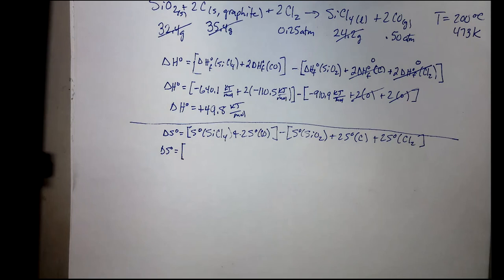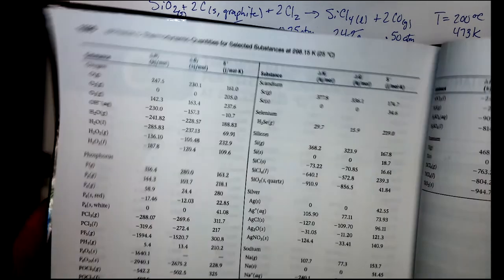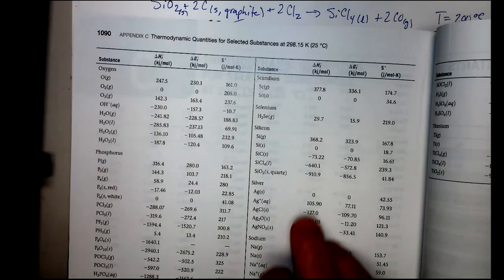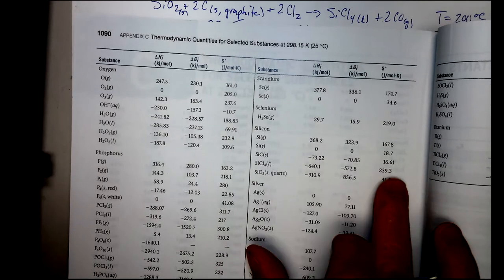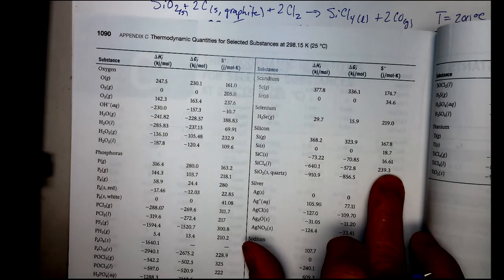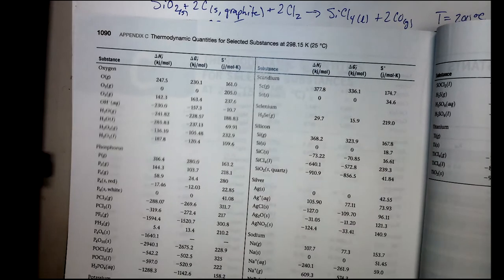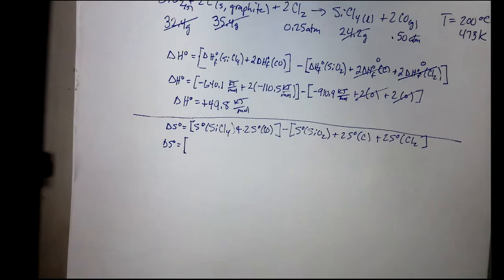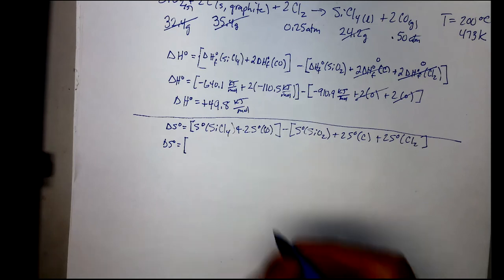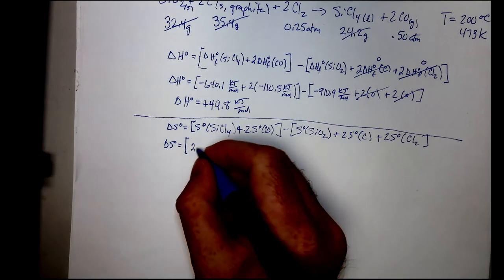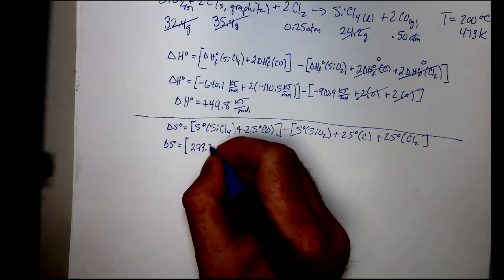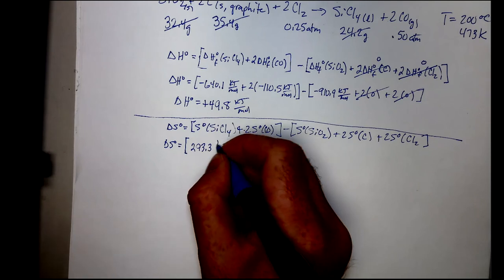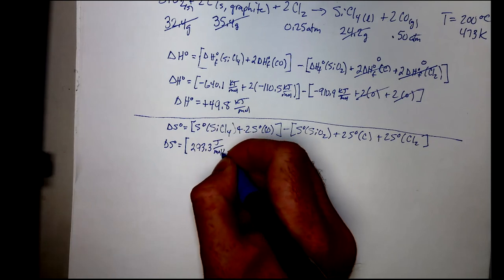So let's look at the silicon tetrachloride. We're going to look at that third column in the table now. So instead of focusing on delta H, we're going to focus on the S, in our case 293.3. They all tend to be positive numbers, 293.3, and they're joules per mole Kelvin